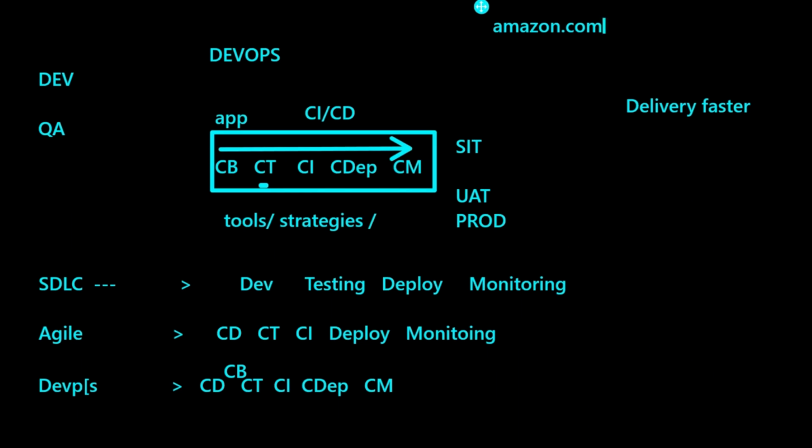Have you ever wondered how you could see a feature overnight without the whole process? How could we see a new feature in the application overnight? It doesn't go through deployment, building, testing? How could it be so fast? That's what DevOps does. DevOps can help you automate deployments to production also very quickly. The best examples are Amazon.com, Facebook.com. These are all the best examples of who are implementing DevOps.